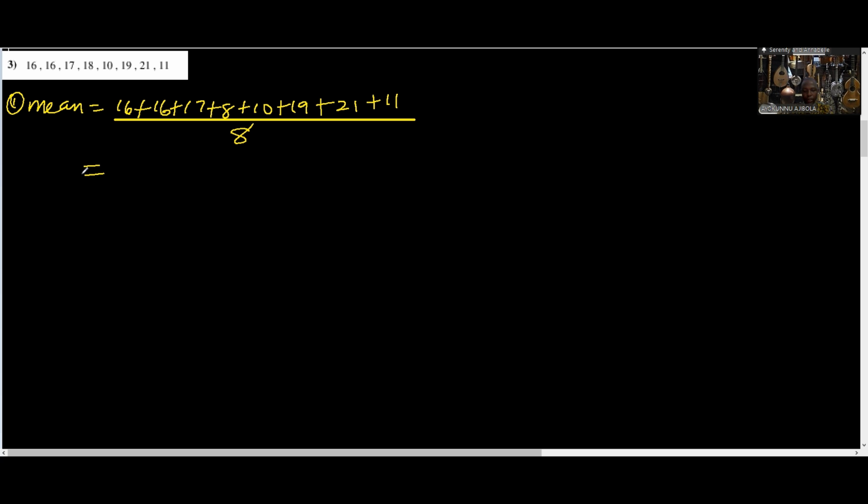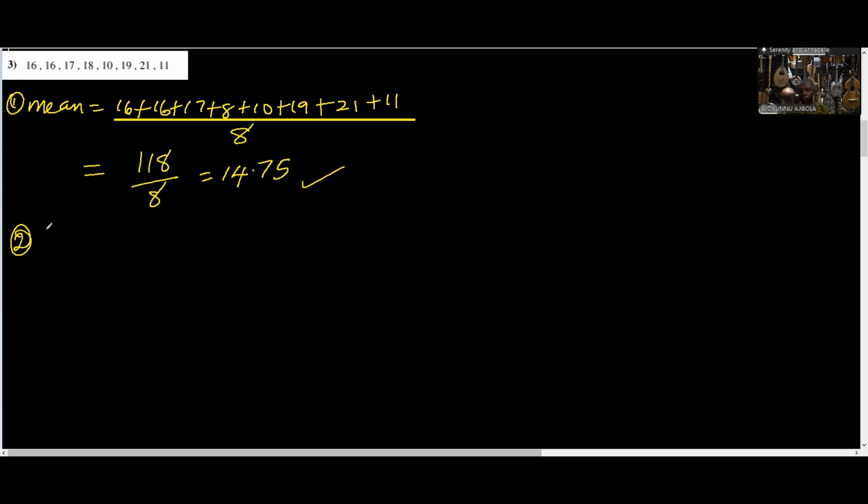So 16 plus 16 is already 32. Then plus 17 plus 8 plus 10 plus 19 plus 21 plus 11. So this is going to give me 118. 118 divided by 8. So if I divide this by 8, I have 14.75. 14.75. I might approximate it, but let's leave it at two decimal places. Then